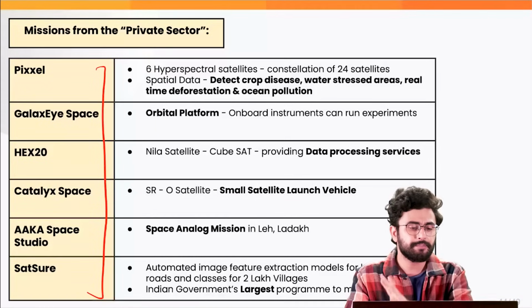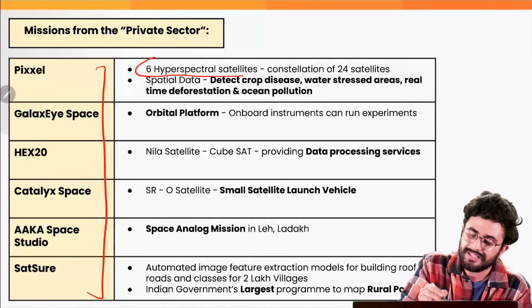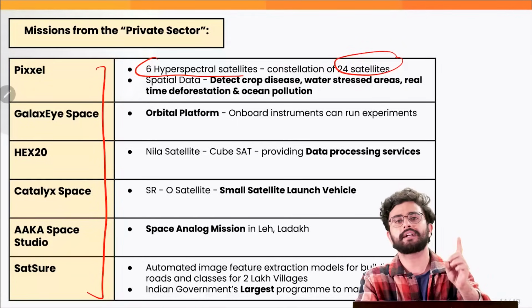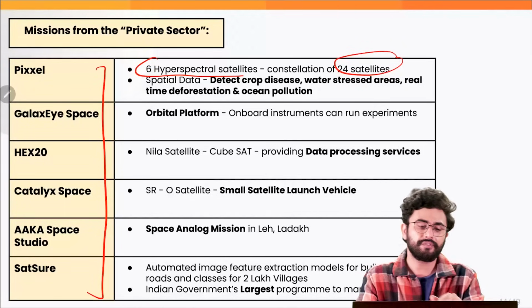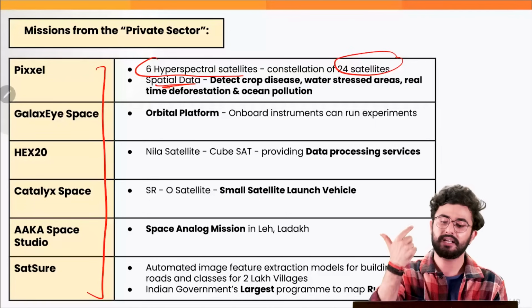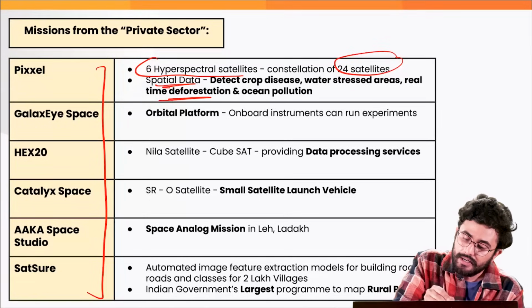So just for example, there is Pixxel, which is actually going to launch 6 hyperspectral satellites, which will eventually create a constellation of 24 satellites. And what will be the application of that? It will provide us spatial data through which we'll be able to detect crop diseases, water stressed areas, real-time deforestation